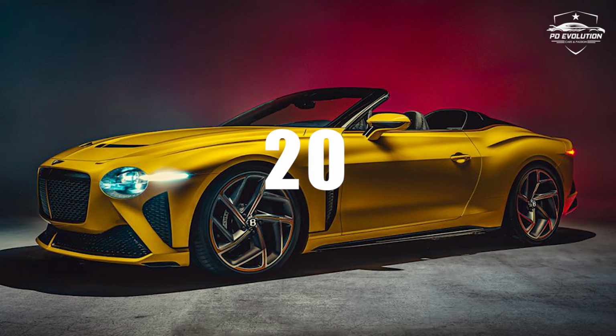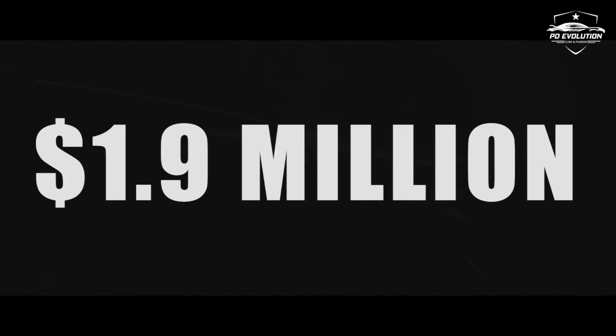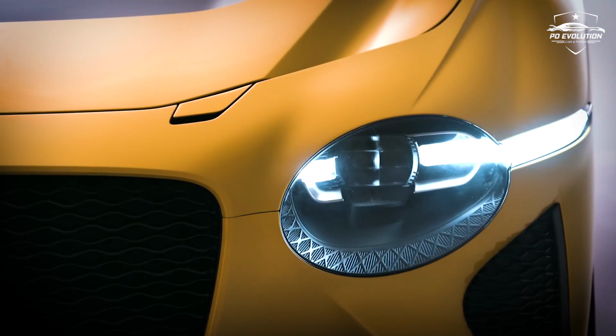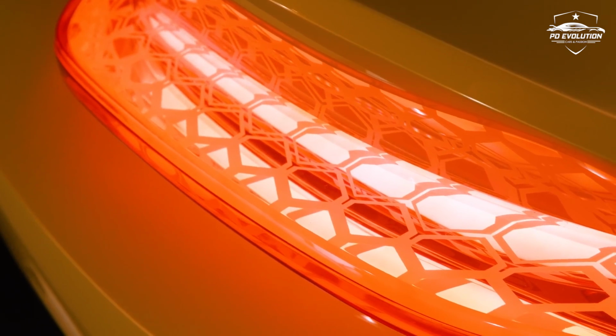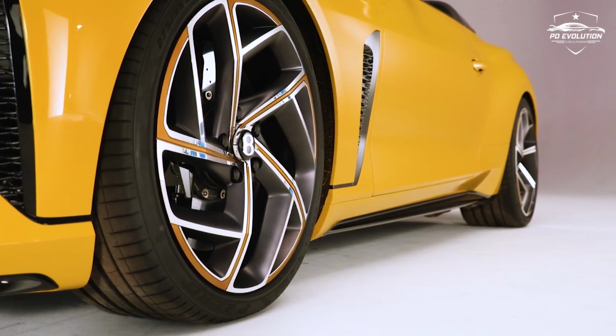Number 20. 2021 Bentley Mulliner Bacalar. Price $1.9 million. The Bentley Mulliner Bacalar is a limited-run two-seater Grand Tourer convertible built as a homage to Bentley's coach-building roots. Under the long hood, the heart of a 6-liter W12 engine with 650 horses and 667 pound-feet of